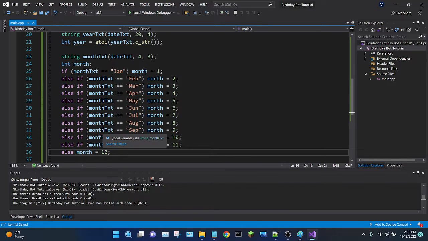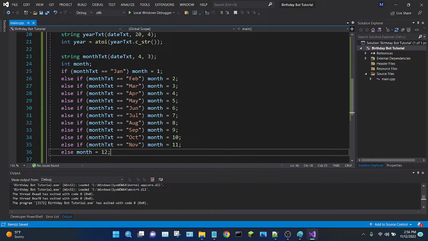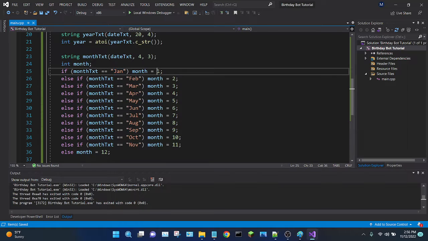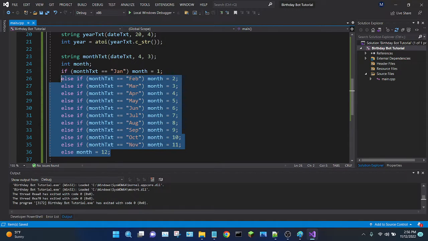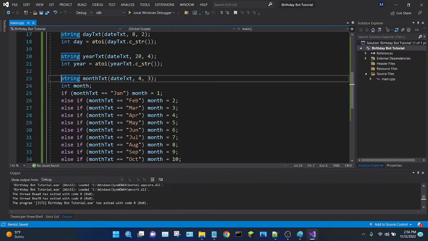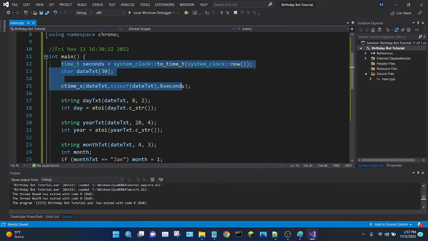After a little bit of coding work, you should have something like this. I've added all the rest of the months here. And this code here takes a 3-letter abbreviation of the month, and it will store a number from 1 to 12 in our month variable based off of that abbreviation. So go ahead and just pause and make sure that your code is the exact same as mine here. So now we've done the hardest part of this video for sure, which was finding the current date